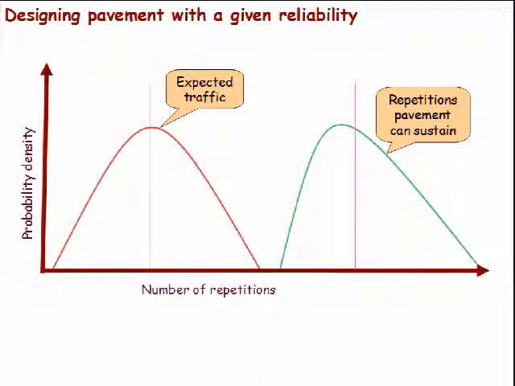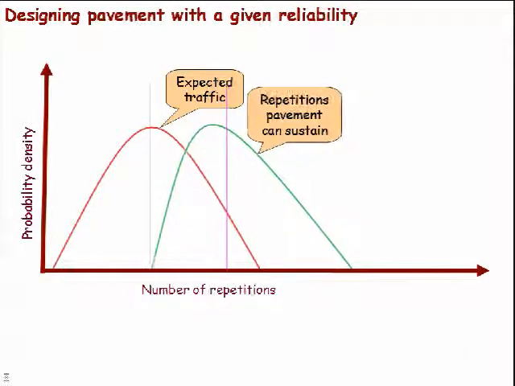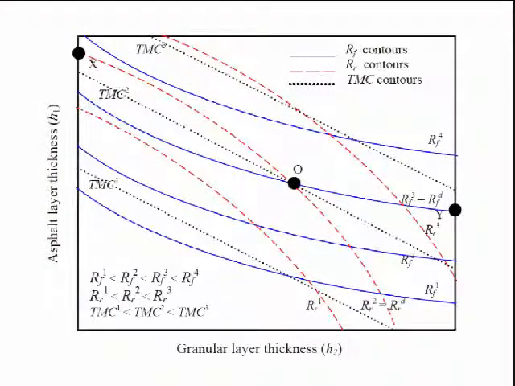And this is the number of repetitions the pavement can sustain. And as a designer, I have the choice to change the thicknesses. And finally, when this distribution was there, that was too safe, because the expected traffic was never equal to the number of traffic the pavement can sustain. So therefore, you consider reducing the thickness a bit until this intersects, and the negative portion is the portion which says that it goes out of the limit, and therefore you can design a pavement depending on what reliability level, 80%, 60%, 20% you want.